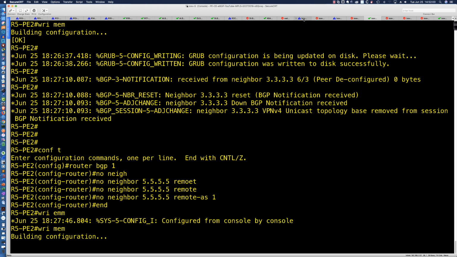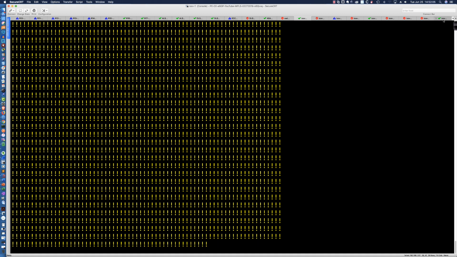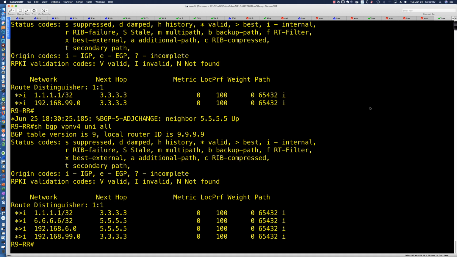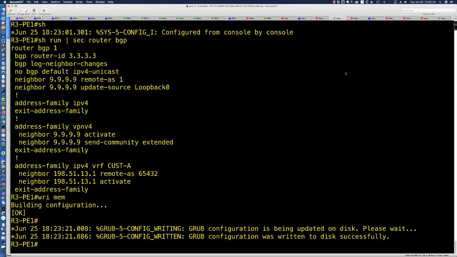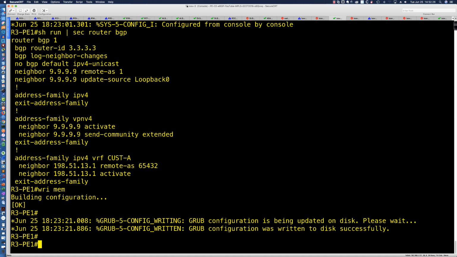All right, so let's go ahead and say write mem here. While that's doing its thing, let's check and make sure traffic's still flowing. So we've actually just done a transition from what is obviously a small full mesh with two IBGP peers. We've inserted a route reflector in here, and as you can see, the route reflector has learned all the information and should be reflecting that information down to router 3 and router 5, because PE1 and PE2 no longer have an IBGP peering using the